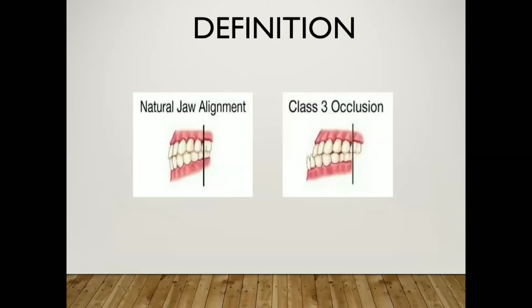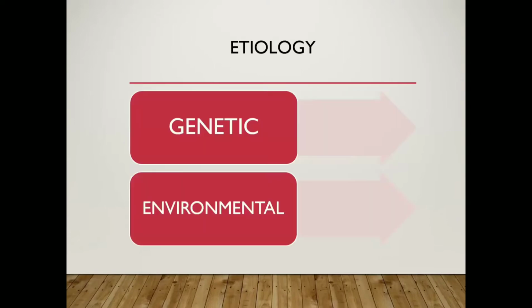So the father of modern orthodontics, Dr. Edward Angle, in the year 1899, classified malocclusion into class 1, class 2 and class 3 malocclusion based on the permanent first maxillary and mandibular molar relationship and alignment. In a class 3 malocclusion, the mesiobuccal cusp of the maxillary molar will be in the embrasure between the mandibular first and second molar. So that is why we classify a class 3 malocclusion.